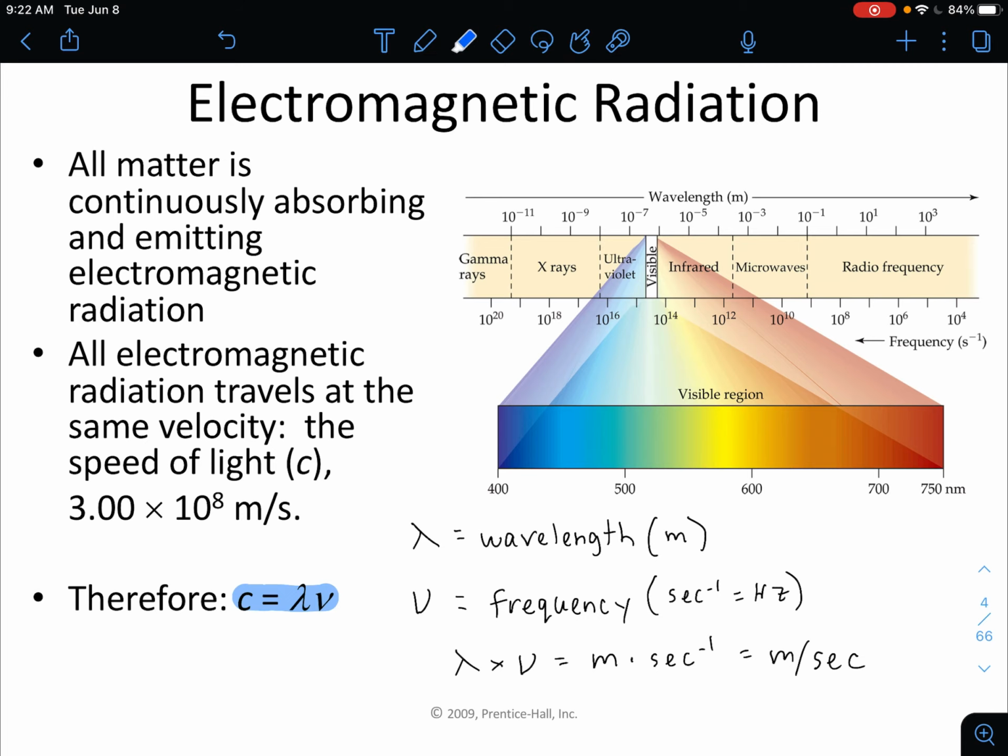So as long as we're using our wavelength in meters and our frequency in seconds to the -1, the units we're going to get out for the product of lambda and nu is meters per second. Because all these waves are traveling at the same velocity, the product of meters and seconds to the -1 is always going to be equal to the velocity or the speed, which is 3 times 10 to the 8th meters